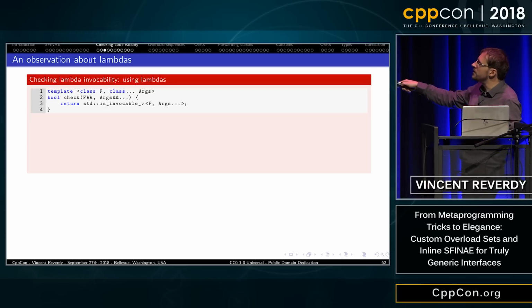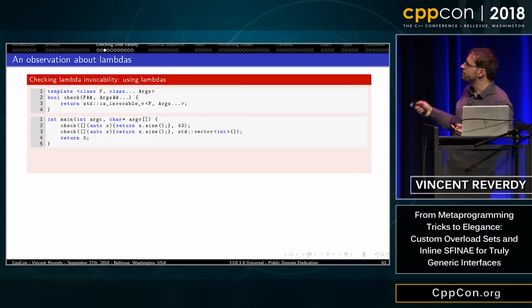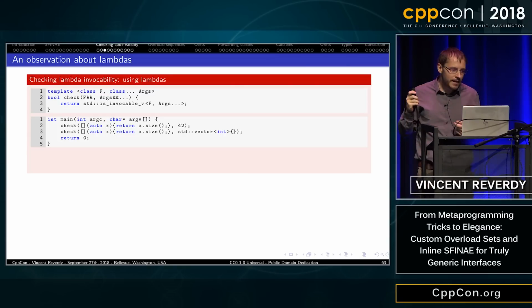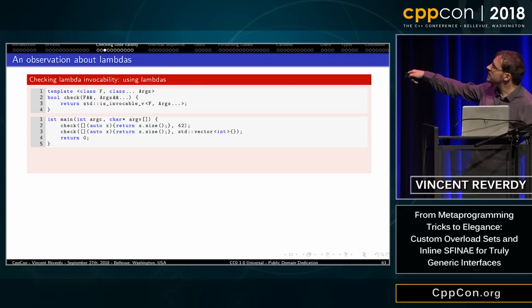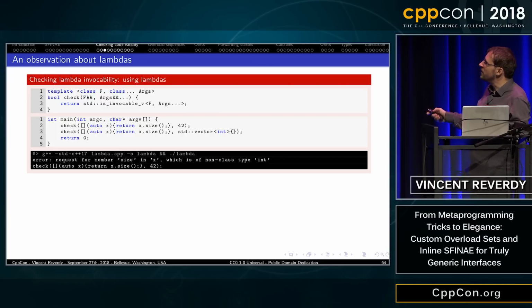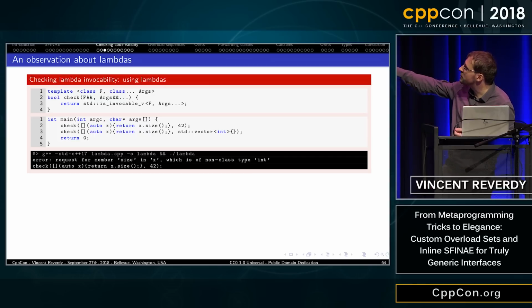If it's invocable, then it should return true. If not, it should return false. And then I call check on two lambdas. The first one is x.size on 42 and the second is x.size on vector of int. So the first one shouldn't work, the second should work. If I do this, then I have a compilation error. Of course, there is no SFINAE here, so it fails and the compiler crashes.